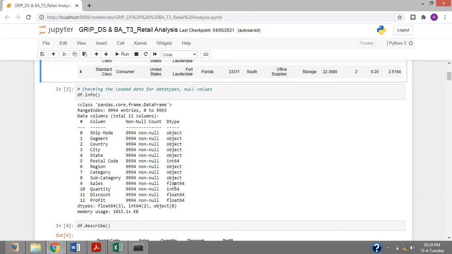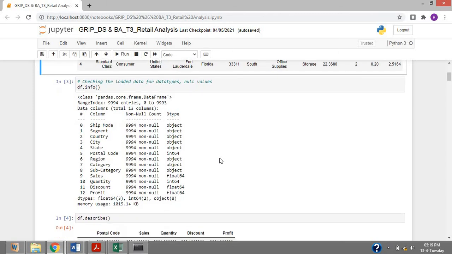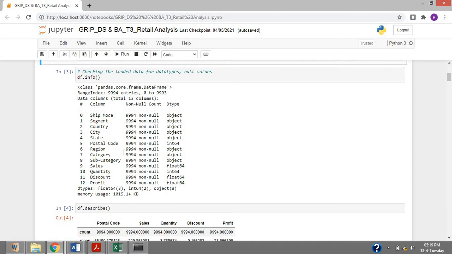The corresponding data types of the columns can also be found here, and it gives the status of whether all the entries in the columns are non-null. If any null values are found, we can identify them using this. And if the dataset has any null values, they have to be removed, or data imputation has to be applied. Before going further, the data frame has to be complete. That means there should not be any null values.